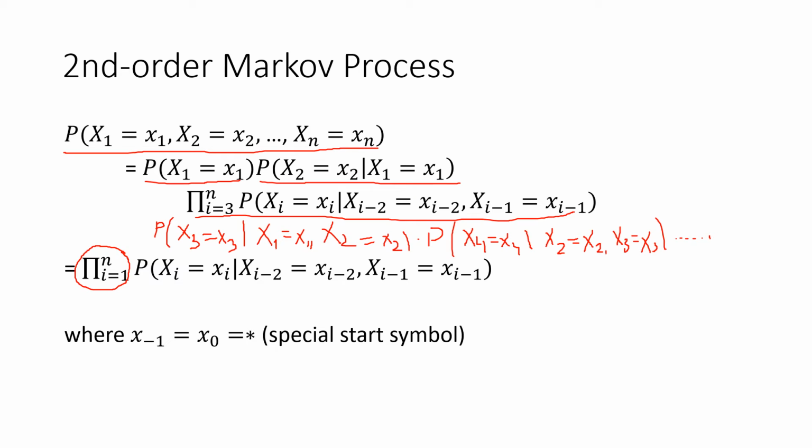That is the reason why we introduce here an additional special start symbol, star. So for compatibility reasons, we introduce these two additional terms, x of -1 and also x0 equal to the start symbol. So we assume that each sequence starts with two stars